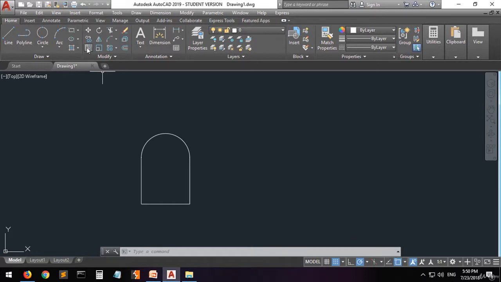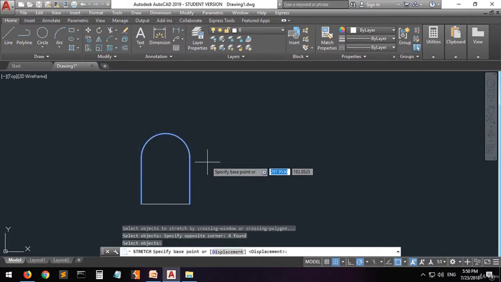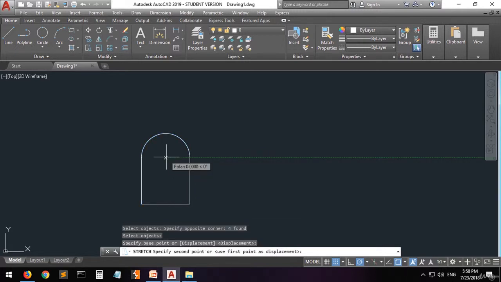Okay, let's for example select the stretch command. Here they are telling you to select the objects you want to stretch. For example, I want to stretch these objects. Then right click. Now they are telling me to specify a base point or a displacement, and by displacement they mean the distance that I want to make my move to. But I want to specify a base point because it's a lot easier, and if you have a specific distance you can enter it. For example, let's specify the first point, the center of this circle,